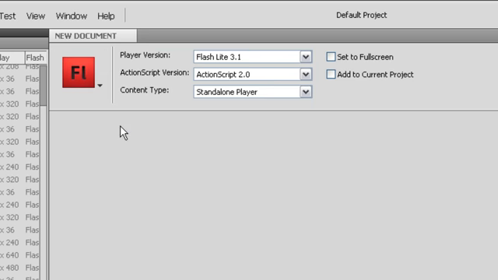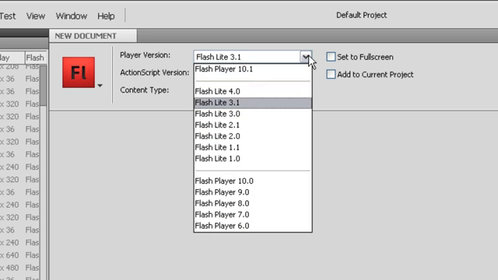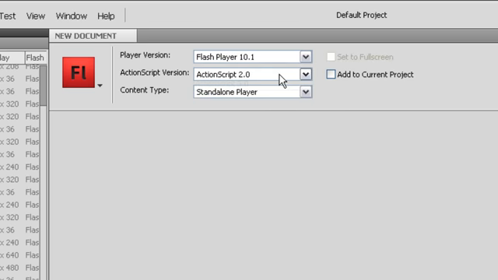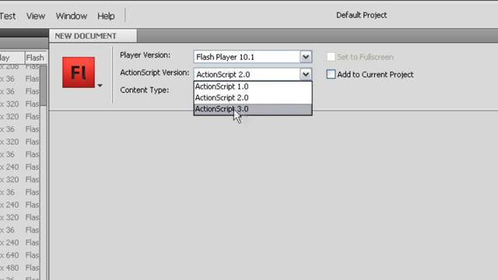is that we're authoring. So sticking with creating a Flash document, the player version list has been modified to include obviously Flash Player 10.1, all of the previous versions of Flash Lite, and all of the desktop versions of the player as well. Our ActionScript version also changes depending on the player version. So I'm going to choose Flash Player 10.1, and now ActionScript 3 is available for us within the ActionScript version